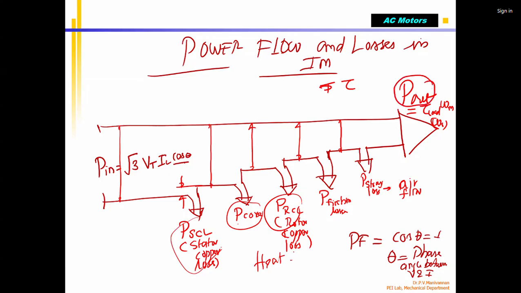So you can see that there are 1, 2, 3, 4, 5 losses that happen. I gave this much input power. Finally, I am getting this much. Okay. This is the power delivered to the load, and this is what they call the power flow diagram. Note this down. If you are asked to draw the power flow diagram, you can draw this. Okay. So there are equations. I will just take another 5 minutes to